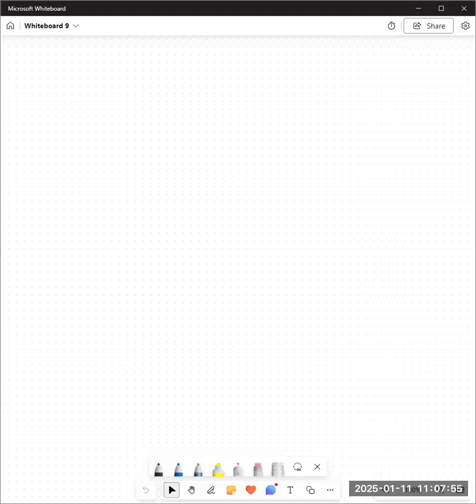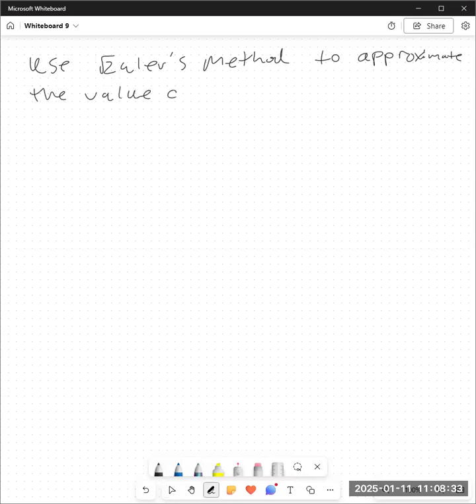We'll come back and do another method, an improved method, in our next video, which is what they teach in 9.1. But I'm going to go ahead and write the problem out for you here from number 4 from section 2.6, and it says use Euler's method to approximate the value of y at x is 1.5 for the solution of the initial value problem